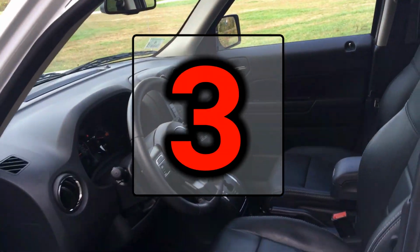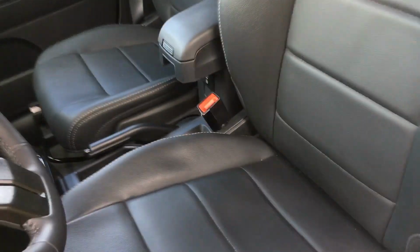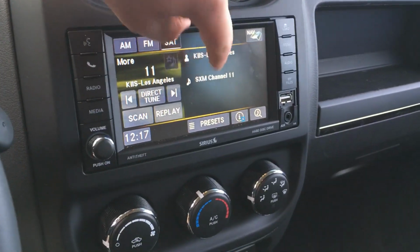The third thing on our list is, for a car that starts in the low 30s, you'd expect power adjustable seats, and while you can adjust it forwards and backwards, the seat back is non-adjustable and your passenger seat is entirely mechanical. Now with that, let's also look at the other small things that have been cheated by an old car masquerading as an upgraded version. We've got our touchscreen